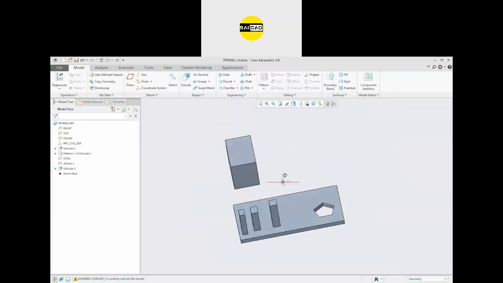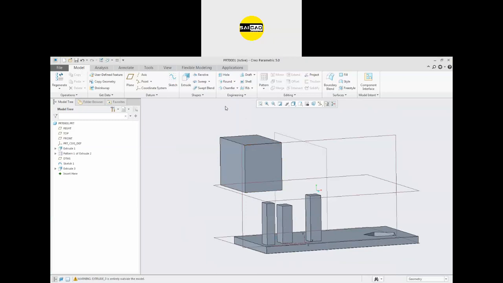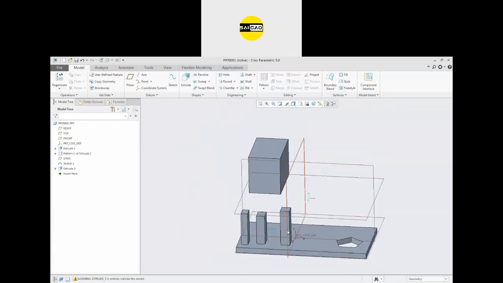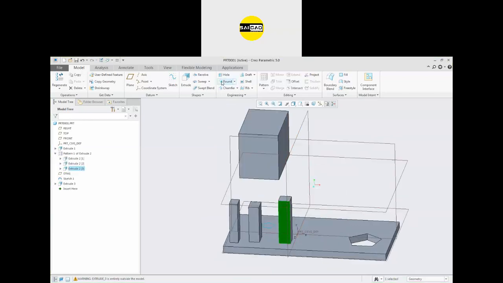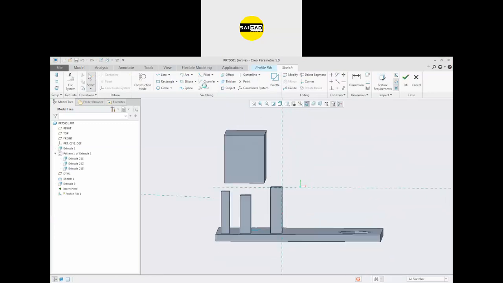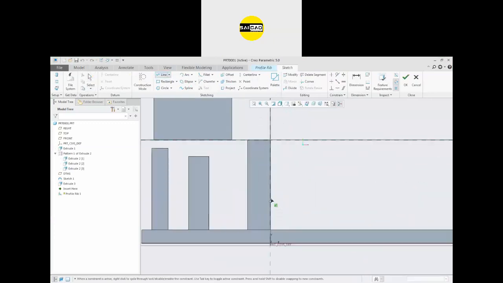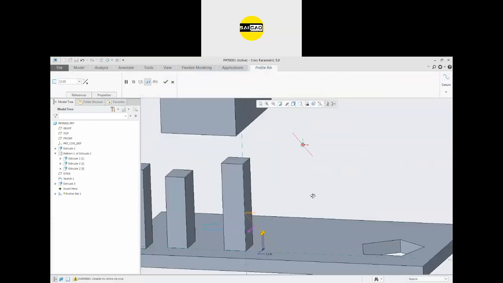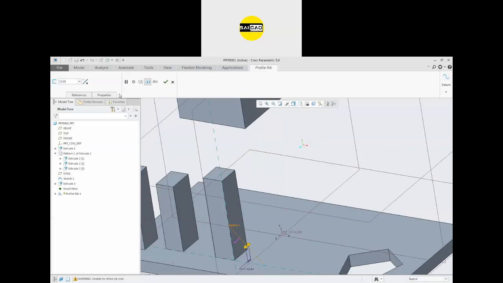Okay. So first we are going to use a rib command. So there are two types of rib you can create. First I'm going to create here with this option, that is profile type. So in profile type you have to create a line like that and click OK and flip the direction of the material, define the thickness you need.